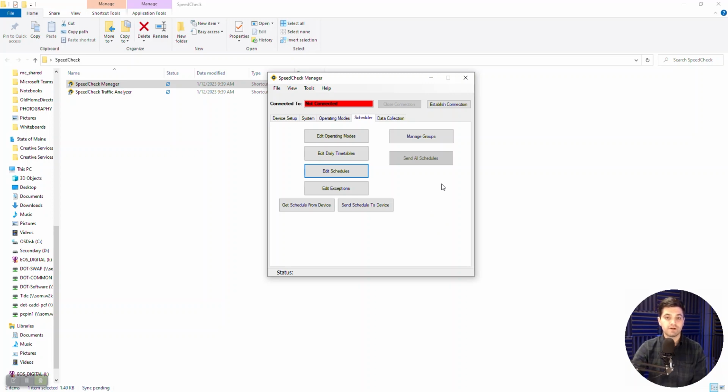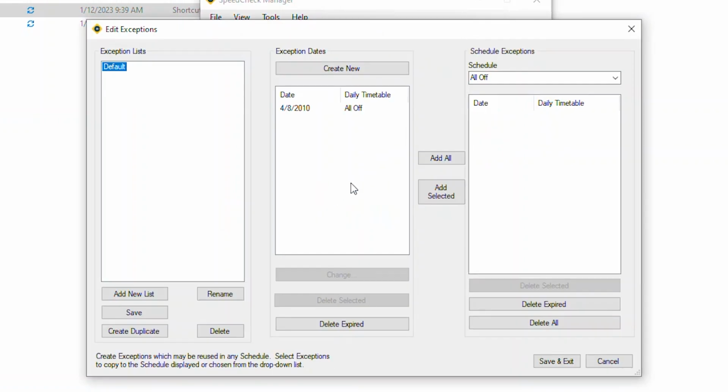The last step here is probably the most lengthy, but it's Edit Exceptions down here on the bottom. In this one is where we put in all the dates that are different from your standard school week. So this is where we do school vacations, holidays. If you have planned half days or late starts, this is where any of those things go. If there are things that happen weekly, you would want to do that in the last step, so you don't have to make an exception for each of them.